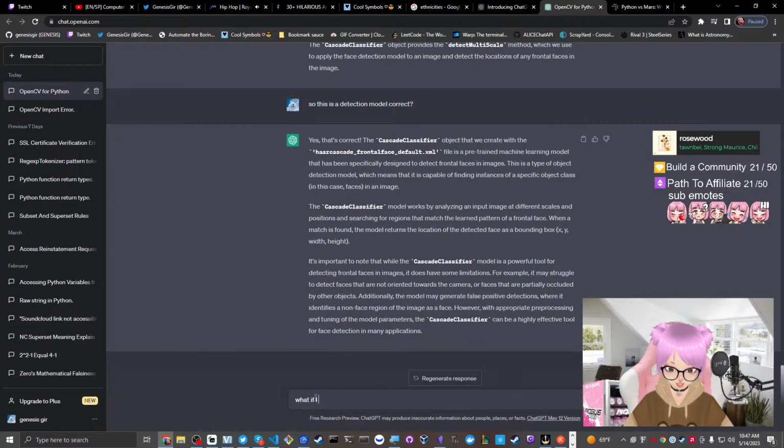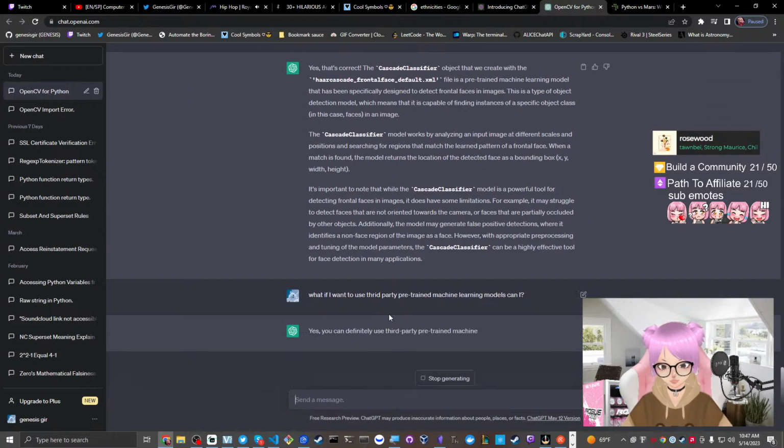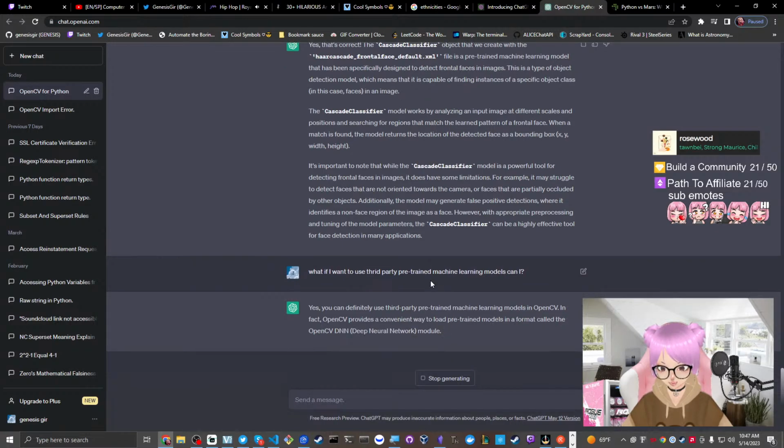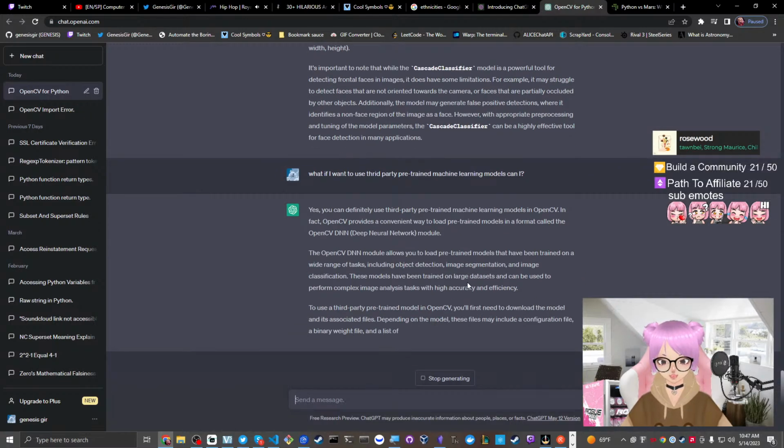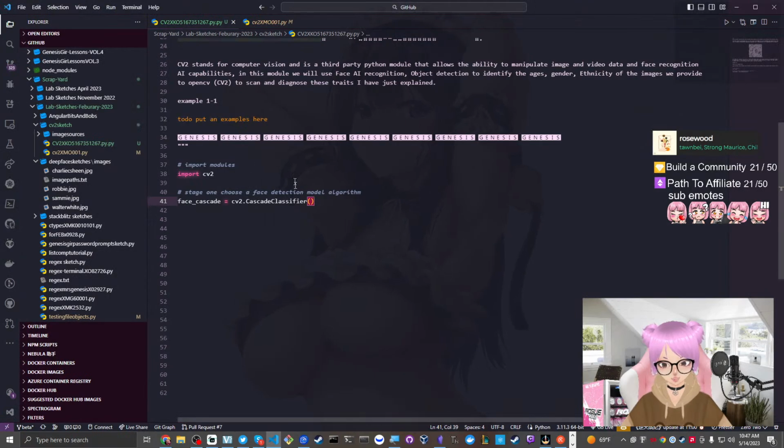What if I want to use third-party pre-trained machine learning models? Can I? Yes, you definitely can use third-party pre-trained machine learning models in OpenCV. Nice, that's cool, guys, because you know what that means. That means we don't have to be hard coded to use just the